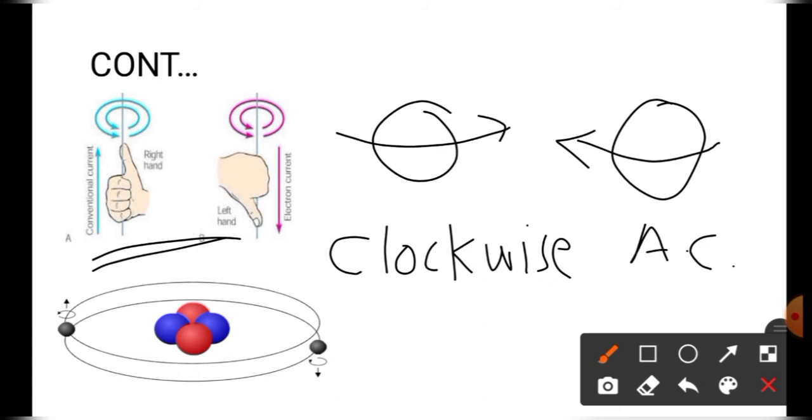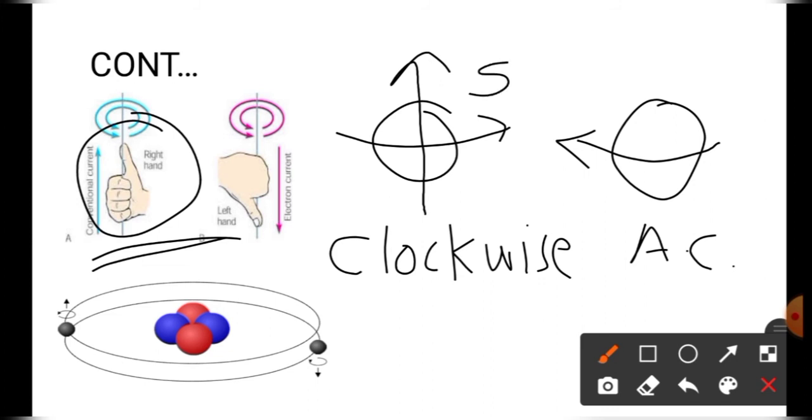In first case, the motion of electron is in clockwise direction. So to find out the direction of pole by using the right hand thumb rule, curl the finger around the motion of electrons, that is in clockwise direction. In this case, the direction of thumb is in the upward direction, similar like this diagram, and here the arrow indicates south pole and other side indicates north pole.